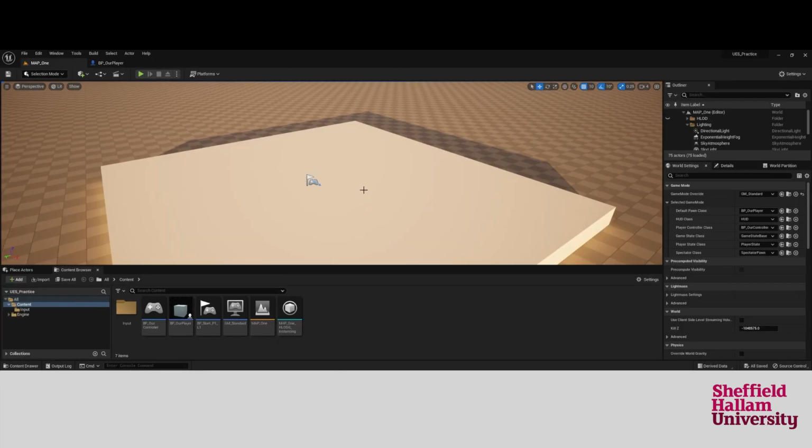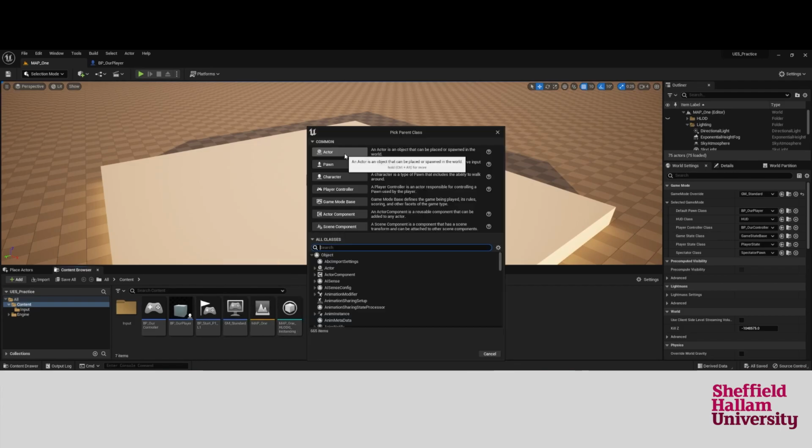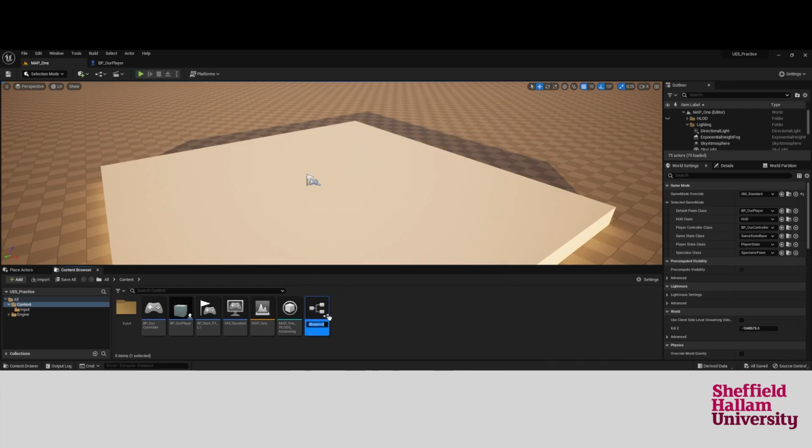Okay, the next thing that I want to do is to create a projectile that the player can actually fire. So there's a few things that we need to do there. The first thing I'm going to do is create a new blueprint class. So actor, and call that BP underscore projectile. And if I double click that,